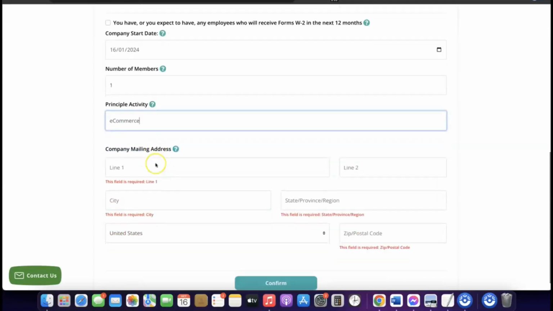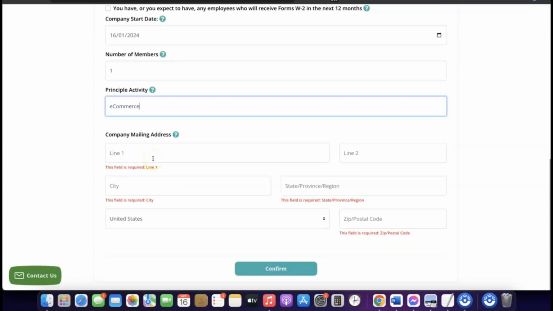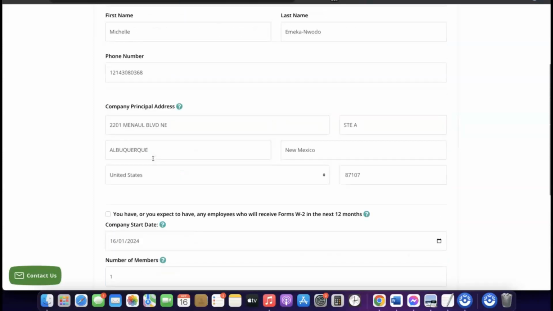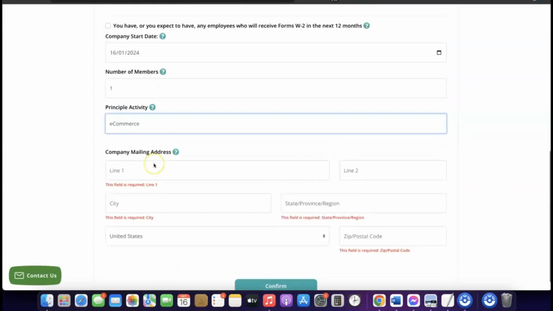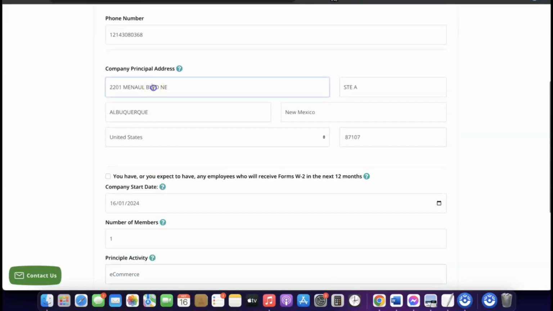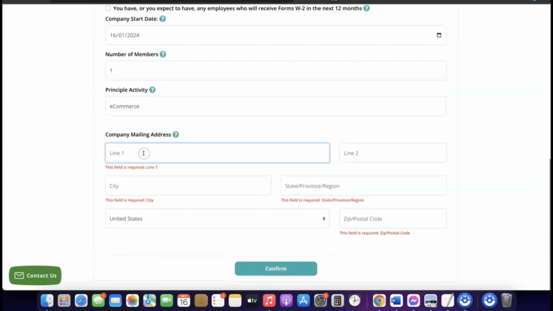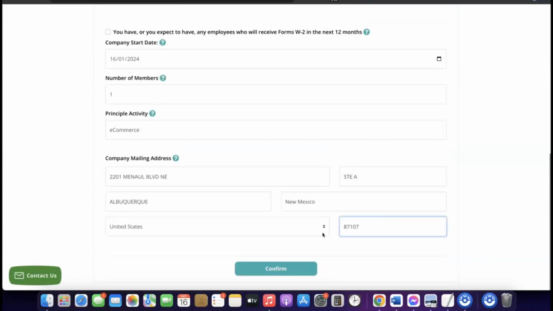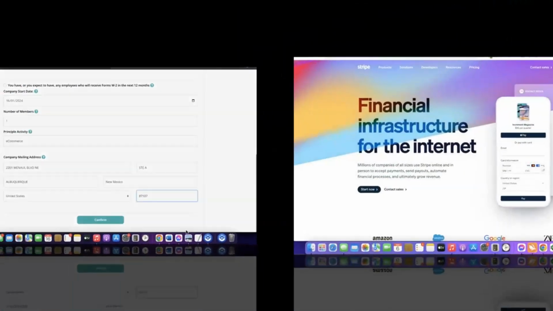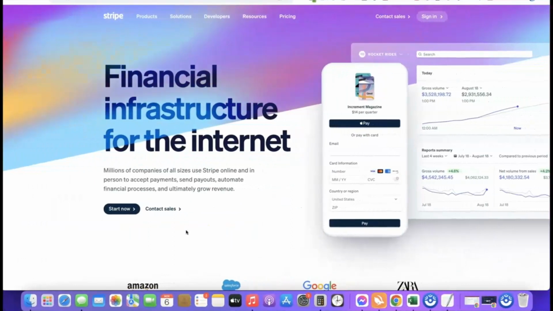After that, what you want to do is enter your company mailing address. You can as well use the same address you use for your company as your company mailing address. I'm just going to come over here, then copy this and use it as my company mailing address. I've just entered the company mailing address, and the last thing I'm going to do here is click the confirm button so they can start processing the EIN number. Once you have your EIN, which is going to take around 4 to 6 weeks if you're not a US citizen,